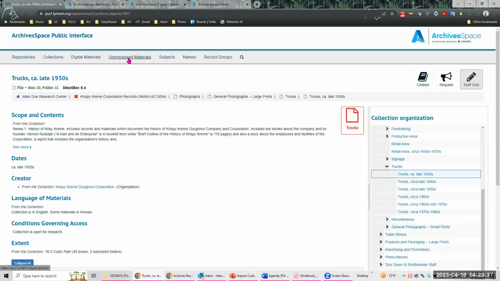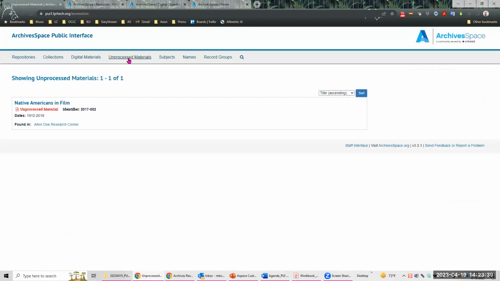So unprocessed materials. Some organizations publish their accession records. You can flesh out your accession records to provide context for unprocessed materials by adding content description and condition description, and then publishing these records. Researchers will be able to see the unprocessed materials that may be related to their research. You can add restriction notes that explain how to access these materials. Making accession records public could help you gather information on the interest for these collections and possibly influence your processing